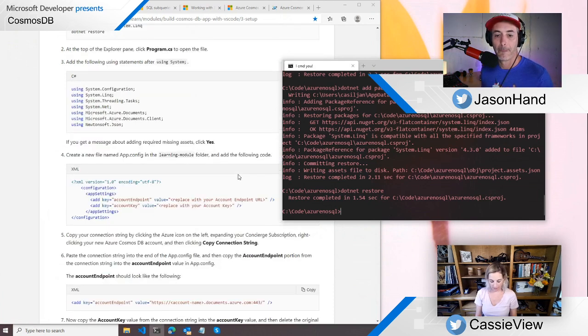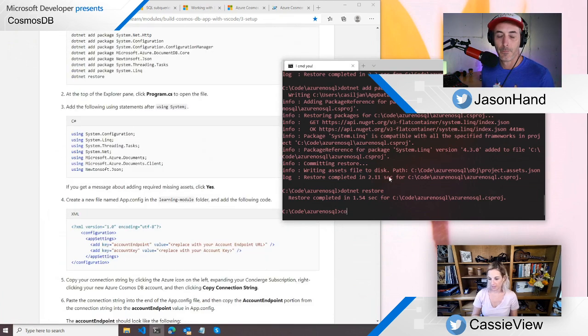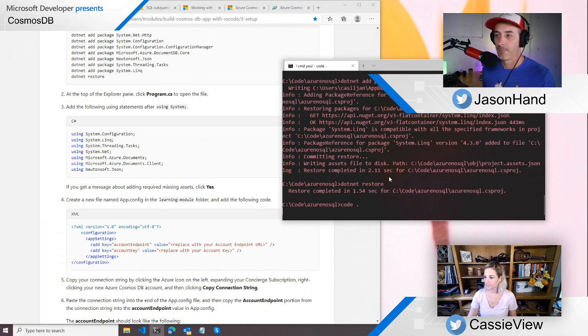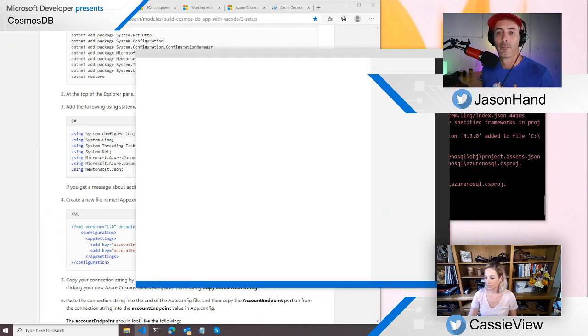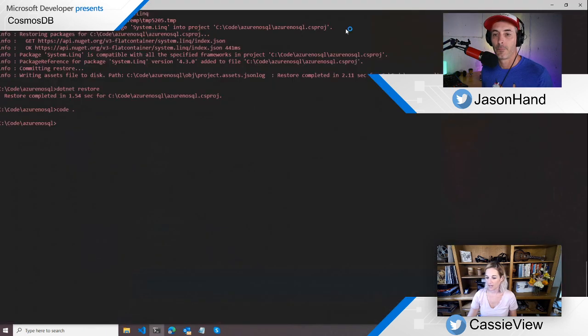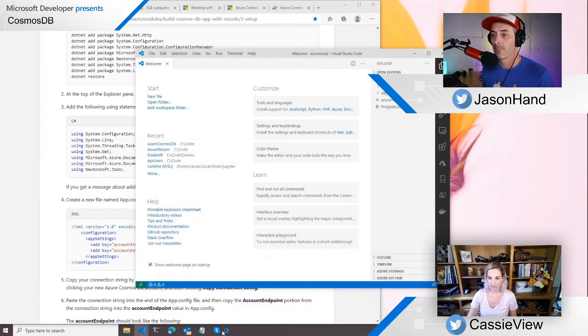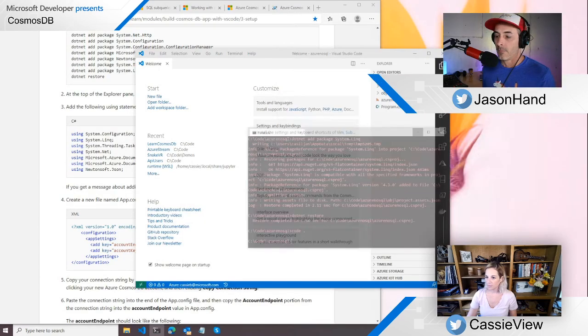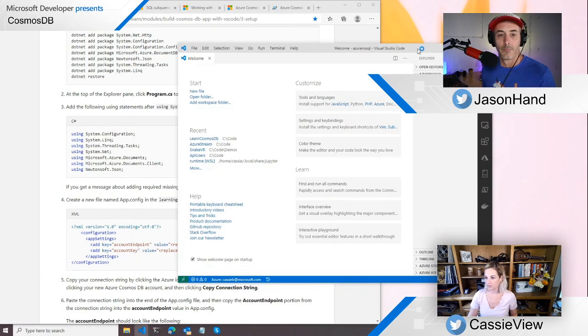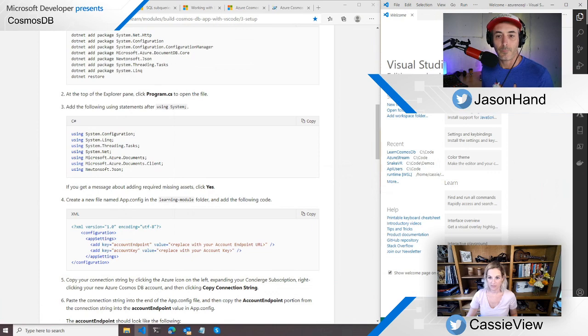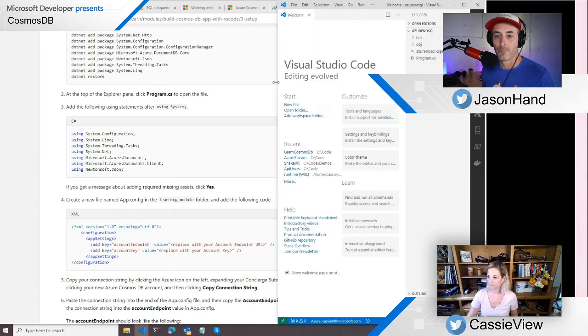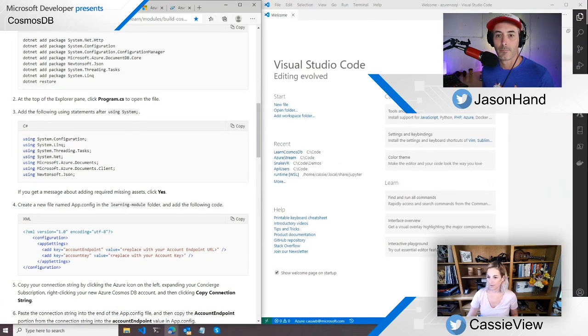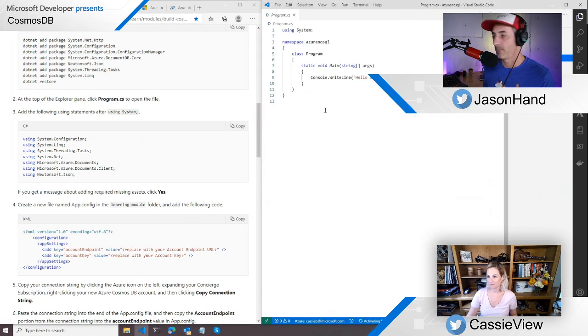All right, so now I'm just going to do code dot to open this up in VS Code. Code is the CLI for VS Code, and I'm going to minimize that again because I probably want this later. And then we can be in our VS Code instance. Let me make this bigger, kind of reformat here. So we have our program right here. That's just the hello world that we saw when we ran it. And what do we want to do next?